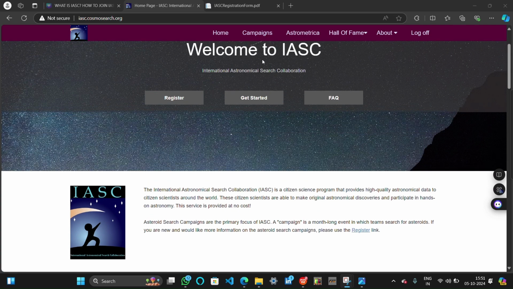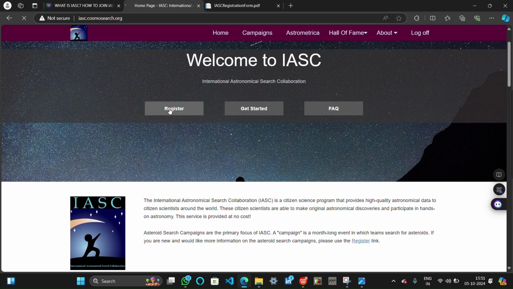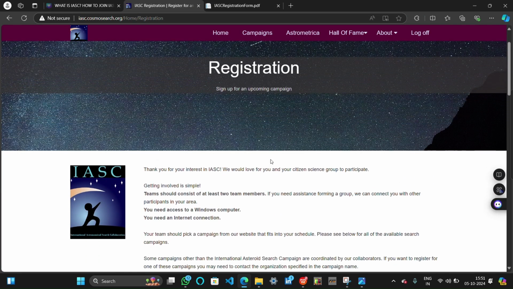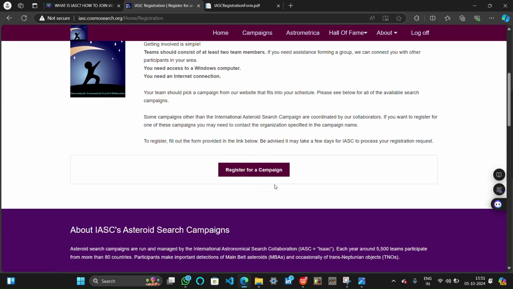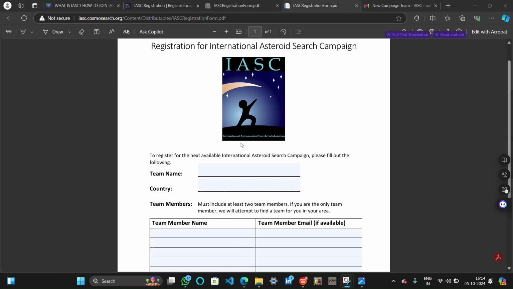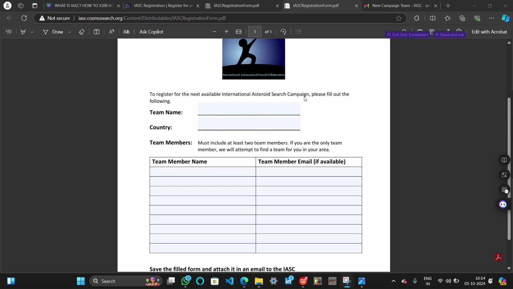What you have to do is click on the register button here, and after clicking on the register button you can see the page of registration. You have to simply click on register for a campaign. So guys, here you can see the registration form for the International Asteroid Search Campaign. Here you can see the team name, the country, the team member names and the team member emails.